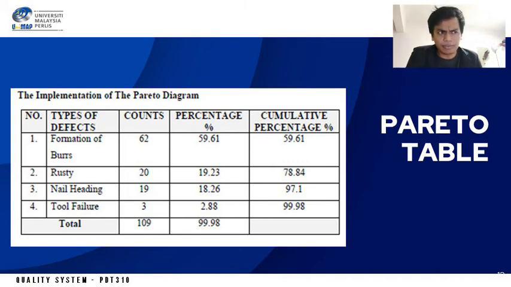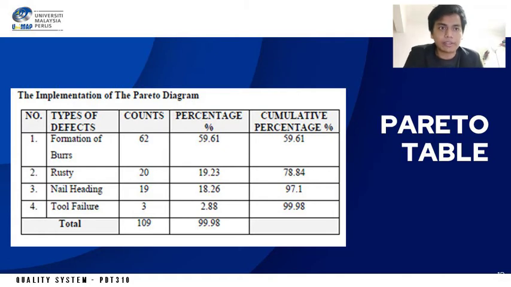Okay, as you can see from this slide, there are 4 types of defects that have been selected from the results, which is the first one is formation of the burrs, which have occurred in 62, and rusty workpiece or rusty product occur in 20 units. Nail holding is 19 units and tool failure is 3 units. This data result is obtained from the research paper,